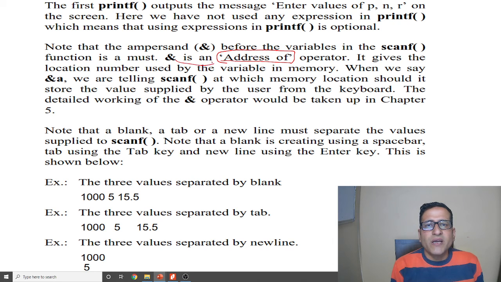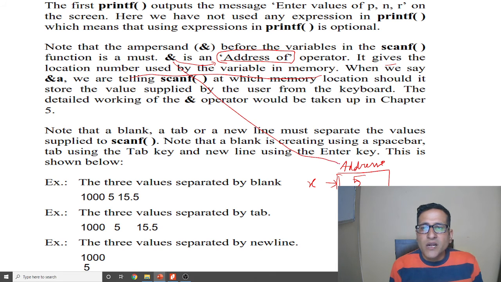Ampersand is an address of operator. It gives the location number used by the variable in the memory. As we discussed in the previous post, there is some data, its name, or you can say location name, and its address. So this ampersand refers to this address.